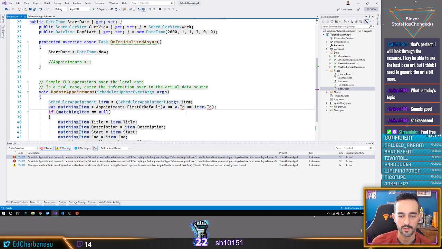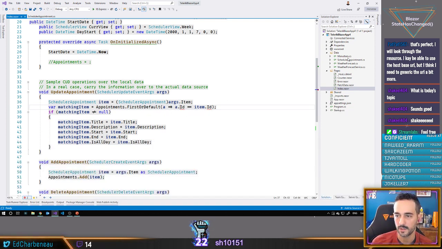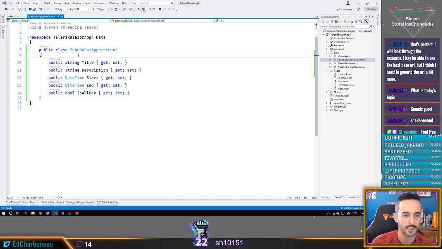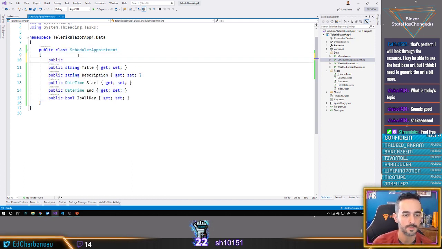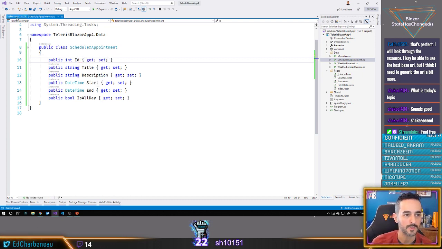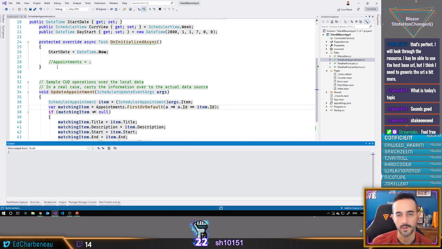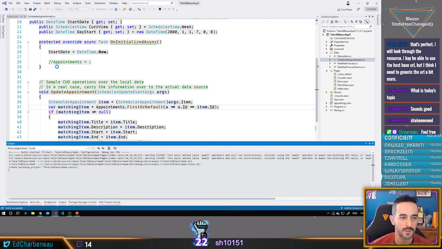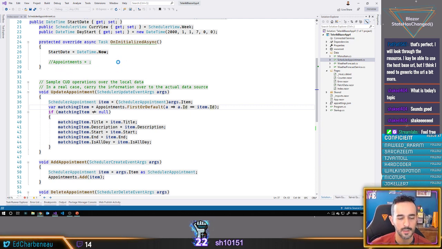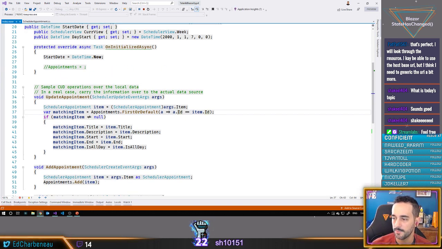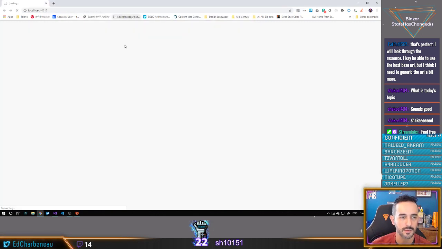It does not have a definition for ID. So we need to go back to our appointment and add an ID field. The ID field is only needed because of the delete code, and we worked on similar code earlier, so I don't feel like I need to explain it right this second, but I will in a few minutes. Just want to get it running. So we should be able to actually view all this, and I think it may be missing some style sheets from some of the input boxes that are on the website, but